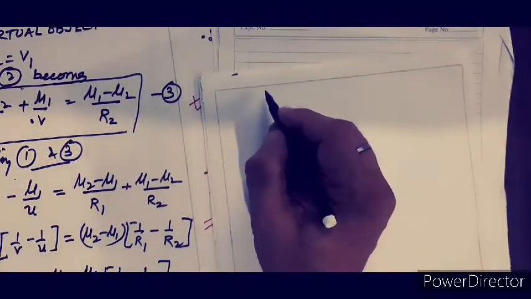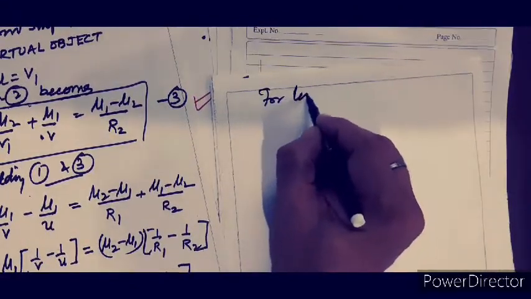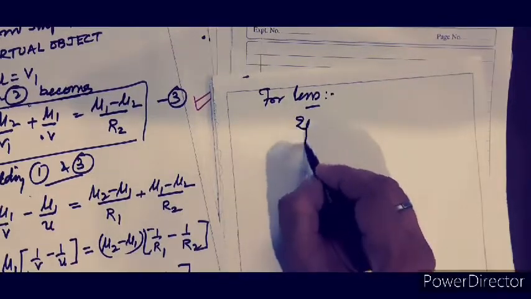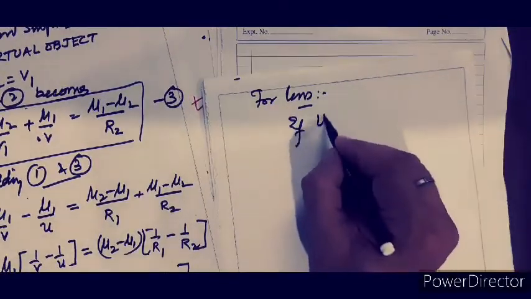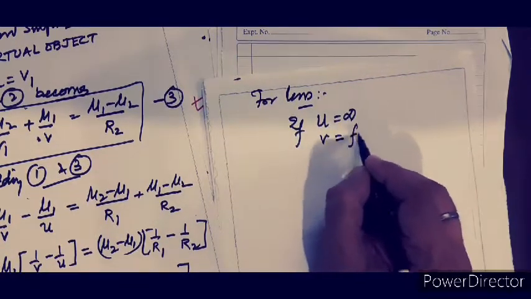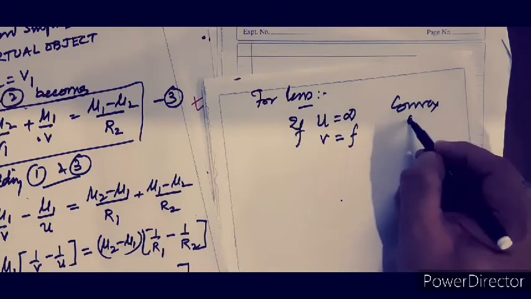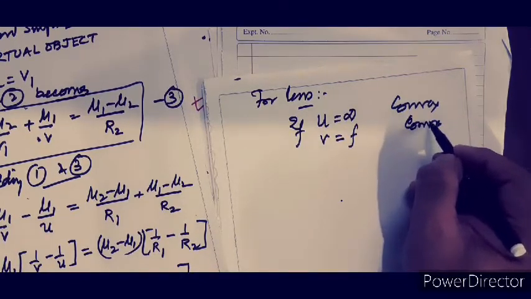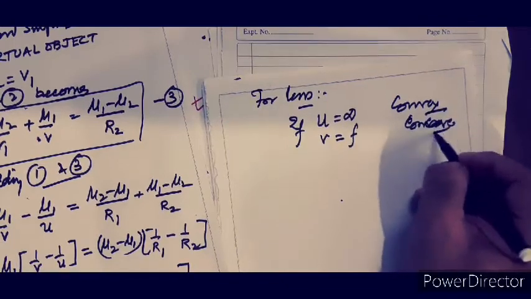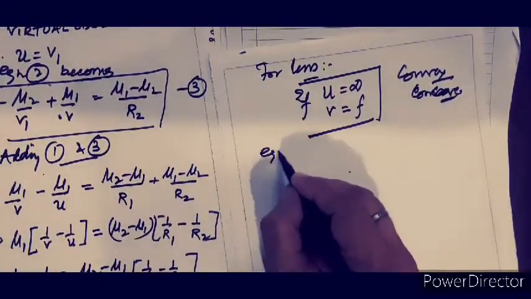Now we got this particular relation, equation number 4. Now just to see, for the lens, if the object is at infinity, then the image is at focal length f, always, for the convex or the concave, in both the cases. So putting this particular condition in this equation number 4,